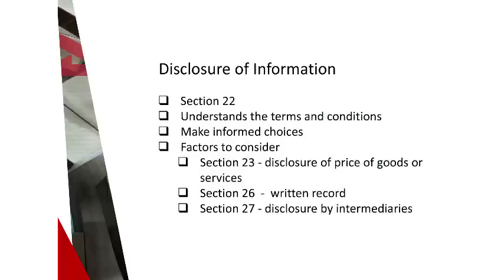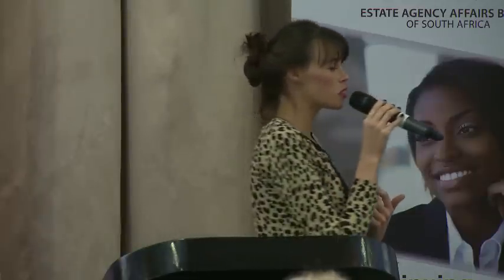Then Section 23 deals with the disclosure of price of goods and services. It just requires the supplier to upfront disclose what the costs are going to be for the consumer. I think conveyancers and estate agents can tick the box there. When you enter into your agreement, the purchaser or the seller upfront knows that your services are going to cost, for example, 5% of the purchase price. I, as a conveyancer, have to provide a quote for the work first before the consumer can instruct me to proceed.